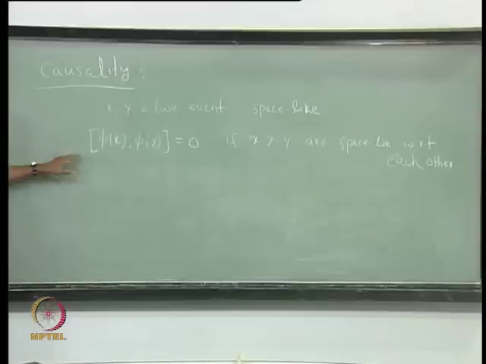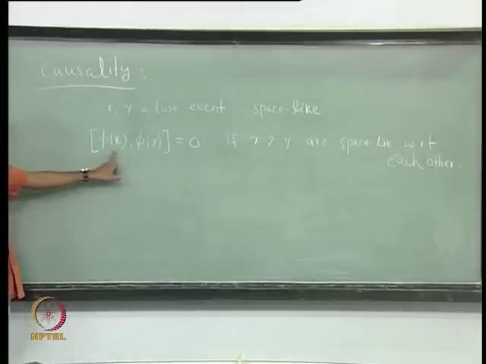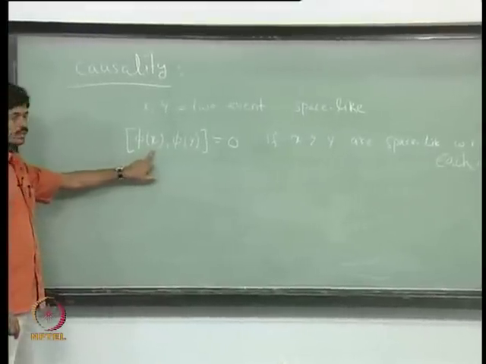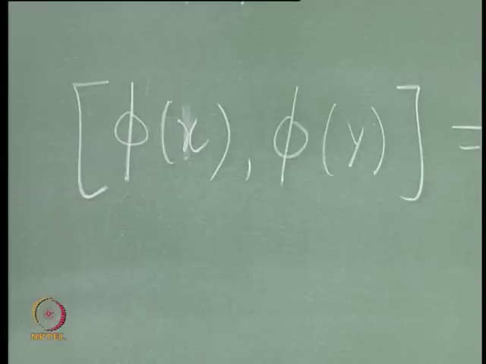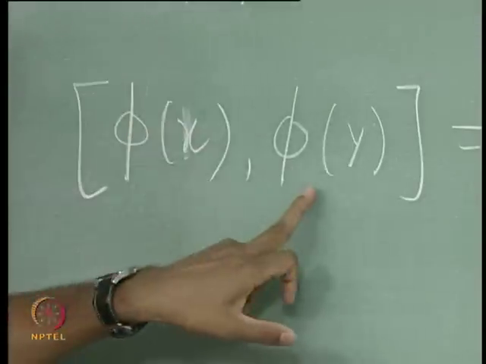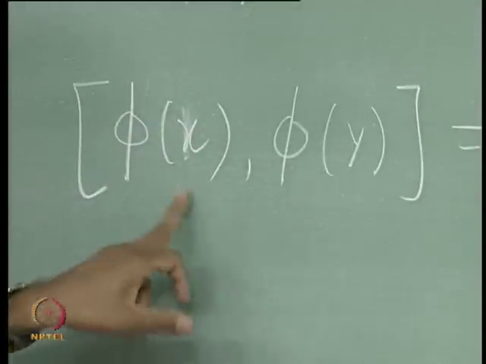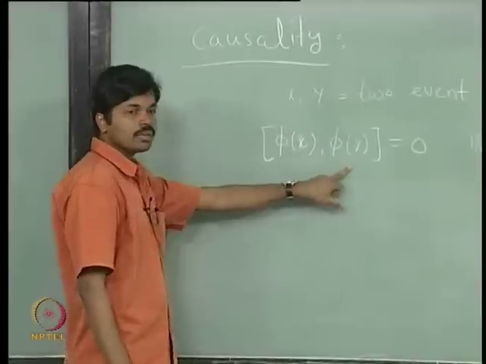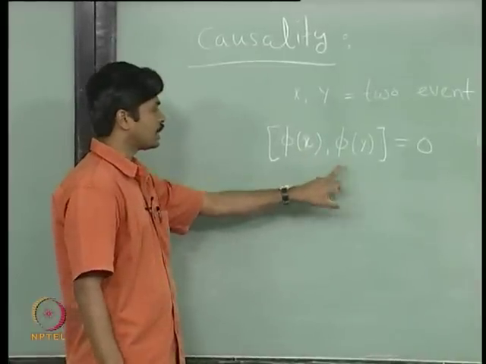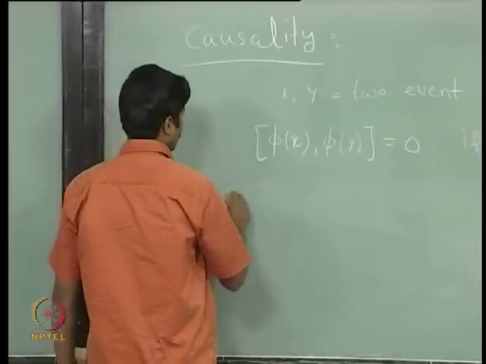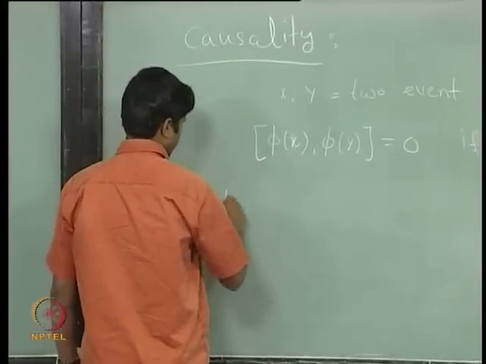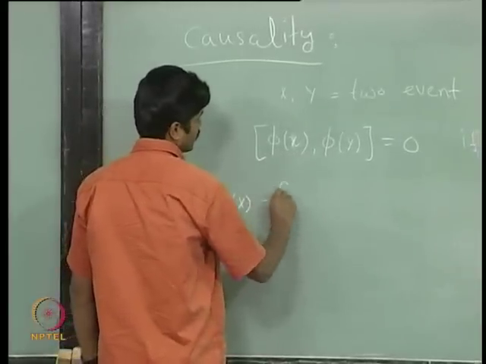So, let us see. We have already got the expression for phi of x by solving the Klein-Gordon equation. We can put this expression for phi of x here and then derive this commutation relation, and then we can see that they in fact commute. So, let us consider the solution for phi of x, which is